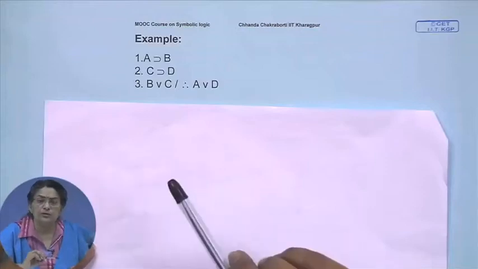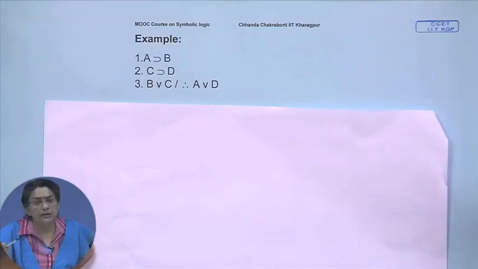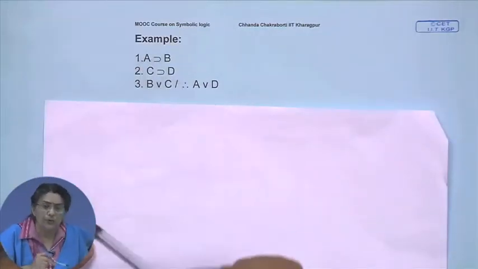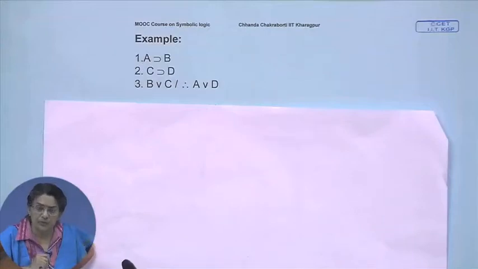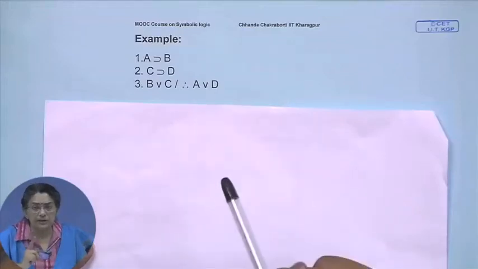To construct a row. See, normally if you are doing a full truth table, how many rows are you going to need? 1, 2, 3, 4. So, 2 to the power 4 is a 16-row truth table. In a shorter truth table, what is it that you are doing? You are constructing only one row,